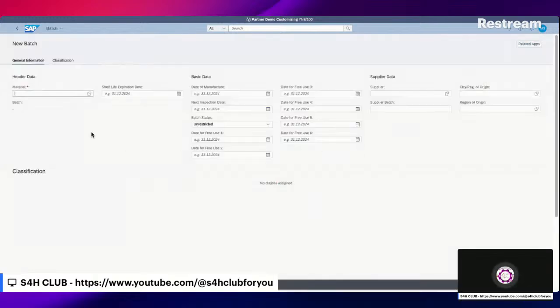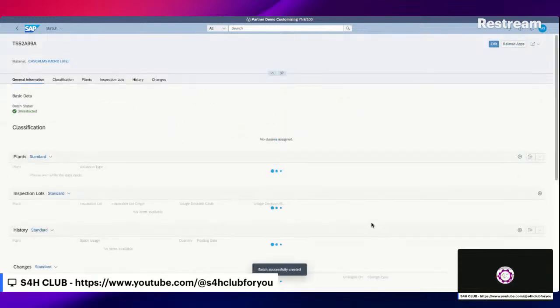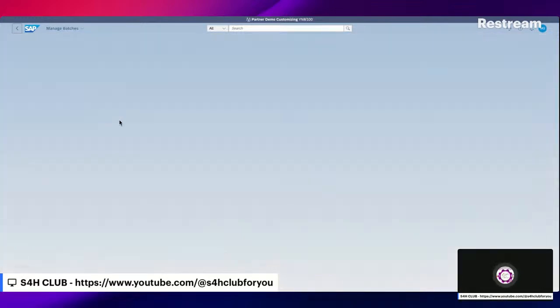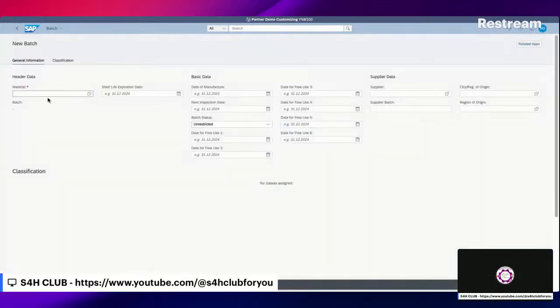So my material is 382, and I put the batch number and I create. I create the first one and I prepare the second one. I click on create. I enter the material 382